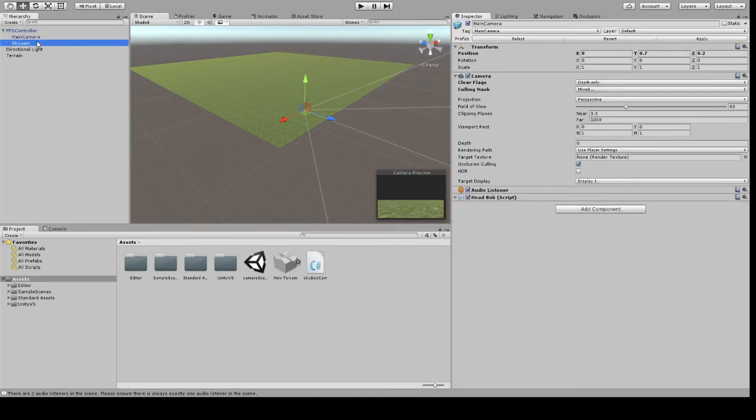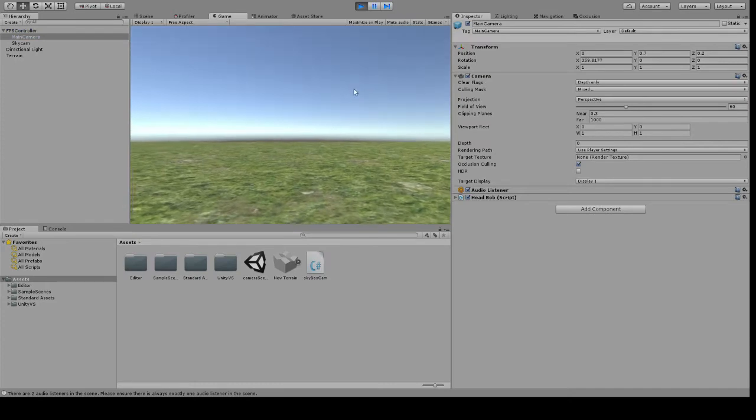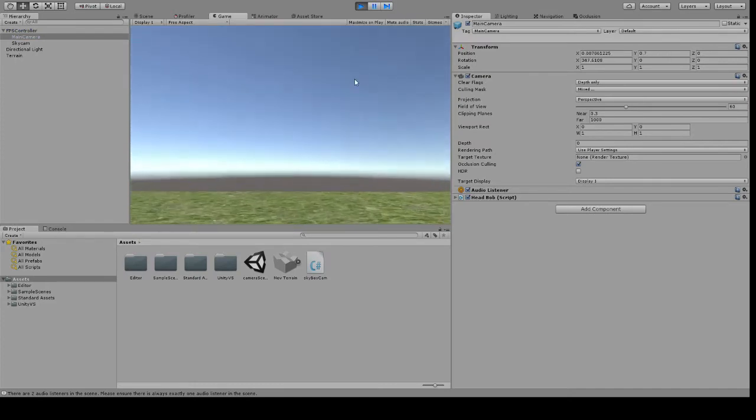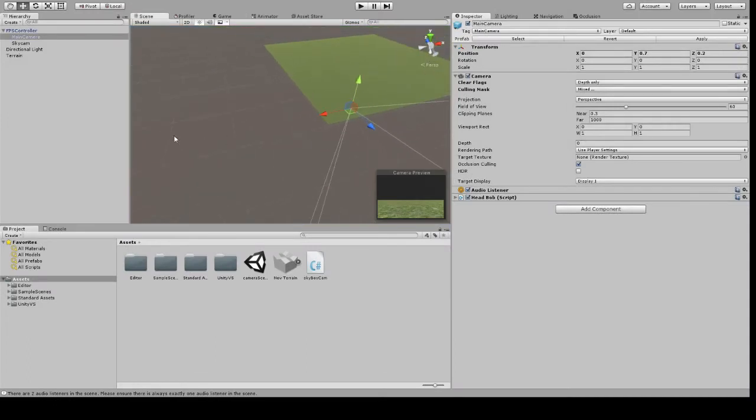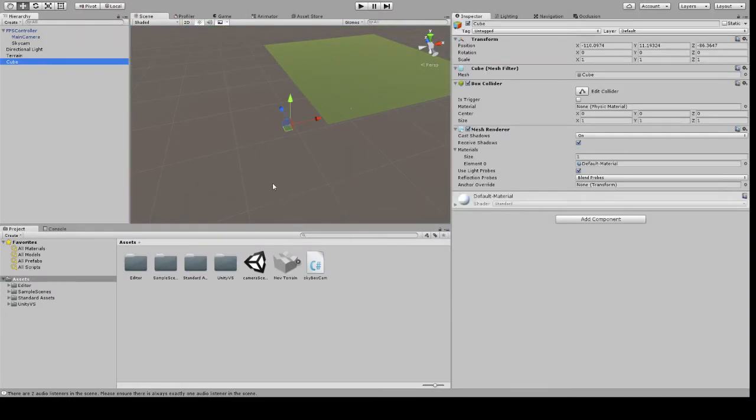Okay, so far looking so good. Play it. If you see a skybox looking thing and your regular ground, you're good to go. Create a new cube, make it 20 by 20, and set the layer to skycam. Launch your game,